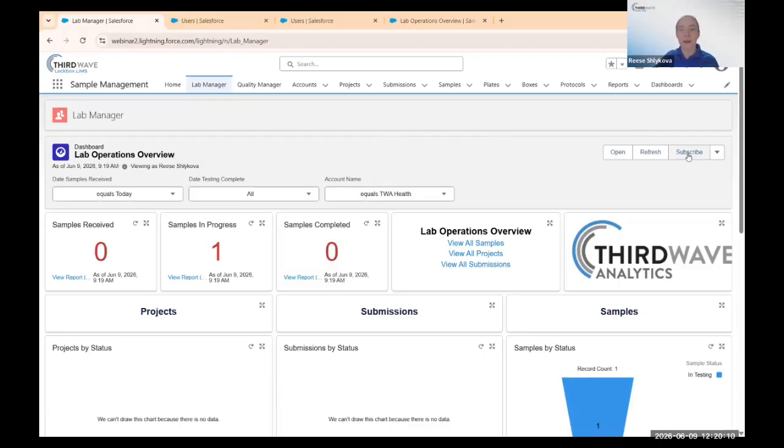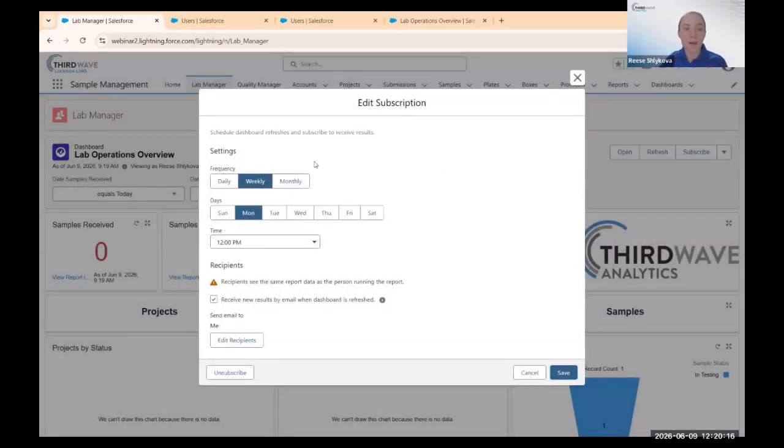This is really beneficial if you want to actively be viewing dashboards and reports. If I were to click subscribe, I can subscribe on a set frequency. So I could subscribe daily, weekly, monthly. I can set the time that I want this dashboard sent to me via email. And so let's say we wanted lots of people to receive this dashboard every Monday at 12 p.m. We can set that